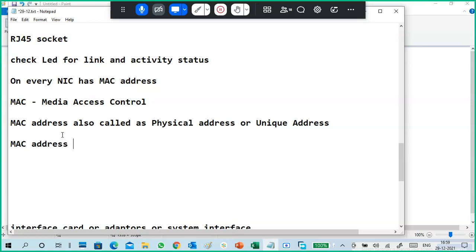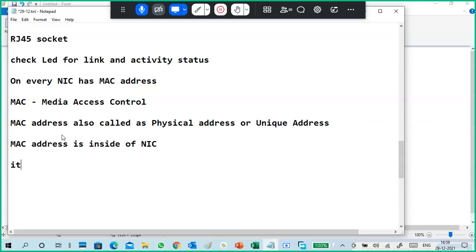MAC address is inside of the NIC. It is not a logical address.